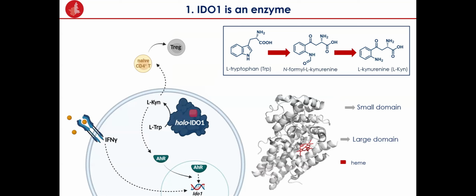It is a monomeric protein. It is induced by the cytokine interferon gamma. And this protein is composed of 2 different domains, a small domain and a large domain where the catalytic activity takes place. And here you can see the heme group, which is an essential cofactor for the catalytic activity of